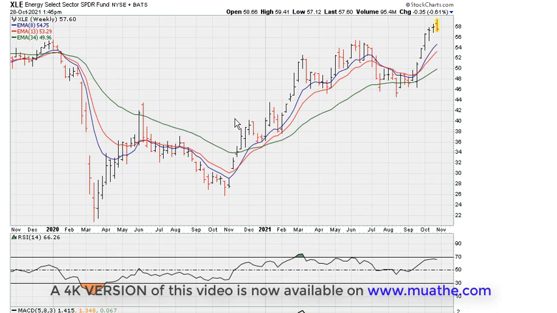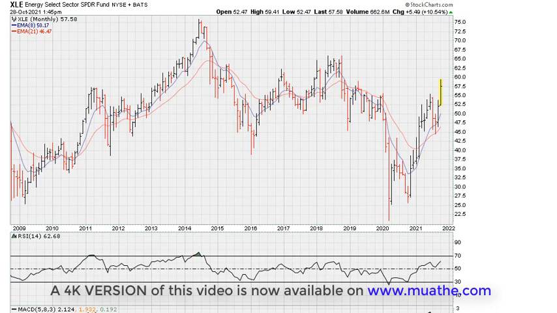Now, my biggest issue with this area of the market is this monthly chart. I've talked about this for many months. This just doesn't look to me like a strong market because I see the visual probability of a coil back below this line. And another way to look at this is to take the lows from 09. There's a trend line break here off the highs of 2014 for the XLE.